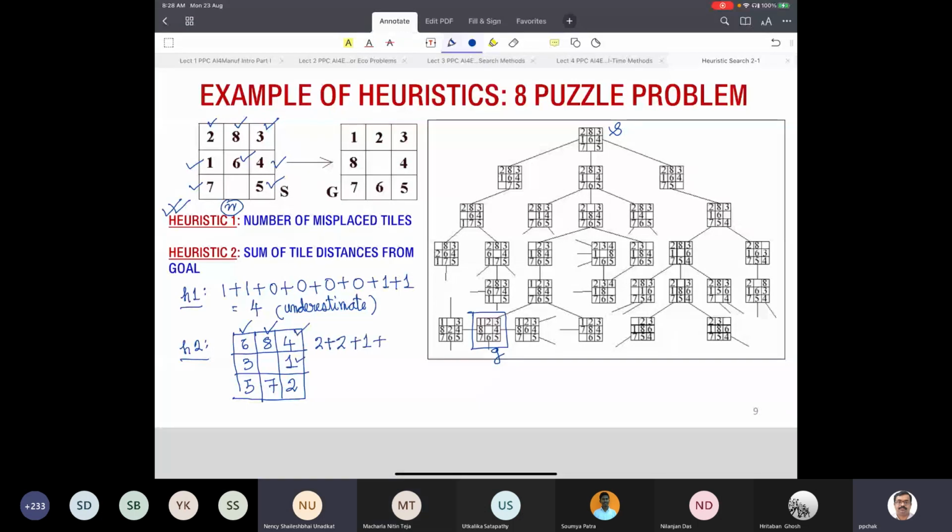How far would 1 be away from the goal? 3. How far would 2 be away from the goal? 3. How far would 7 be away from the goal? 1. How far would 5 be away from the goal? 2. And how far would 3 be away from the goal? 3. So for this, H2 is a total of